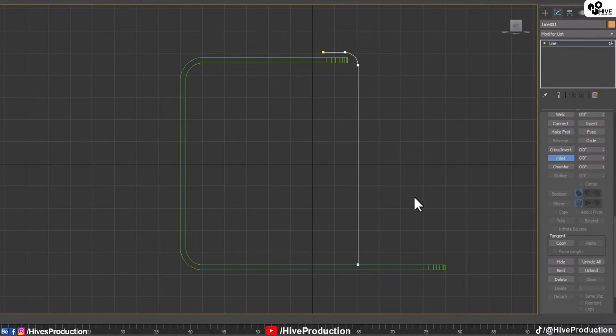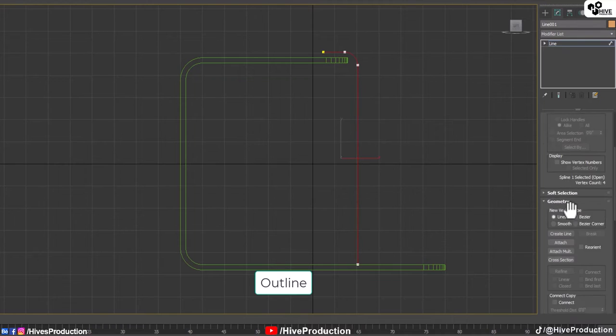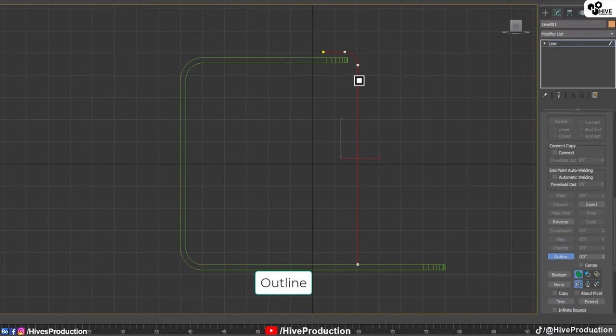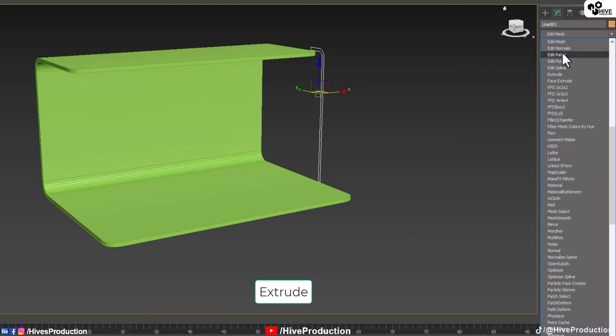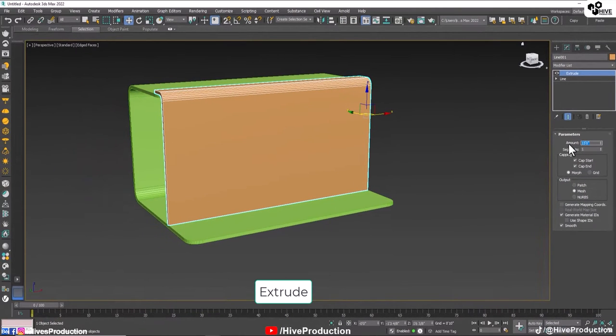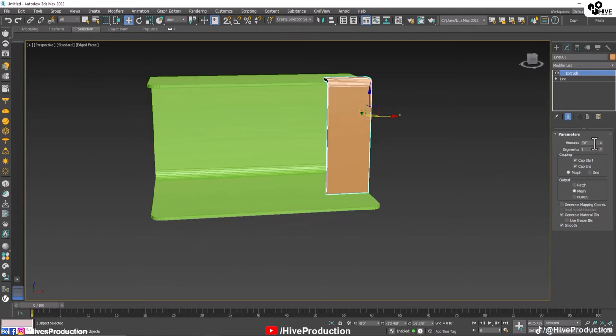After smoothing, select the spline, select outline, and give it a brief outline. Then give it a modifier called extrude modifier, but not this much height, I think 2 feet, or no, 1 feet, 2 feet,